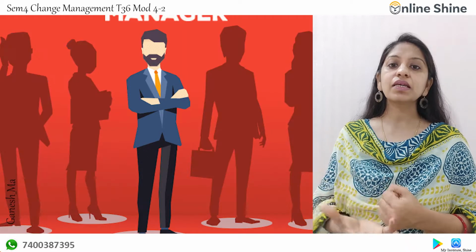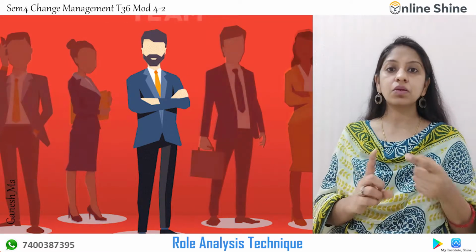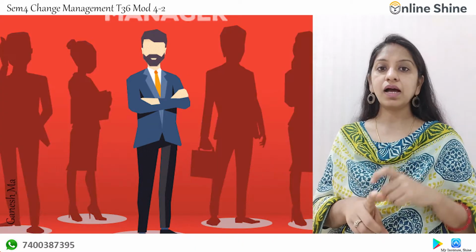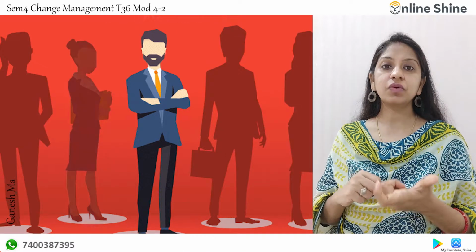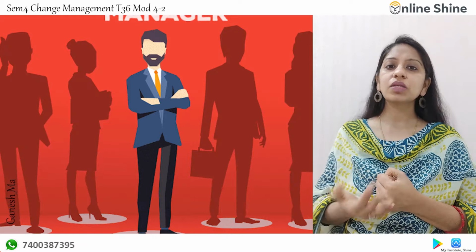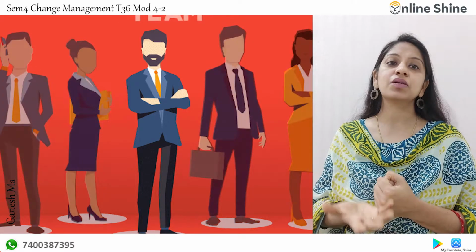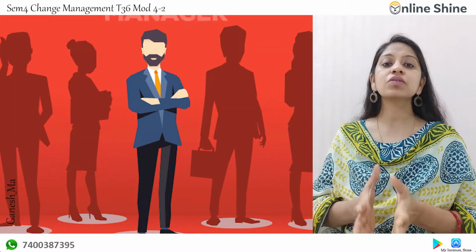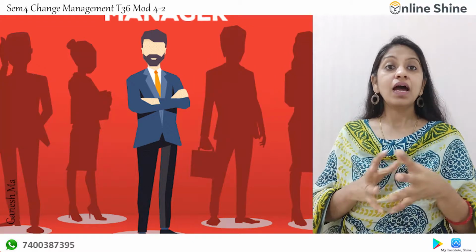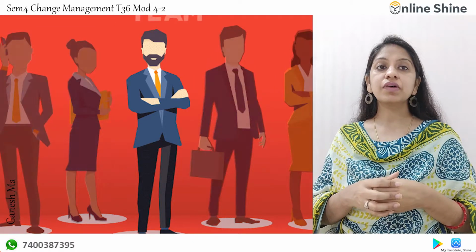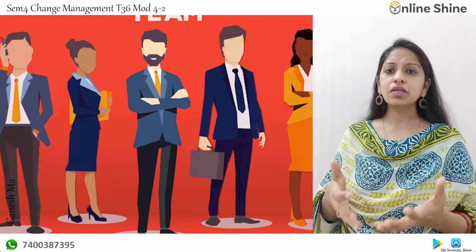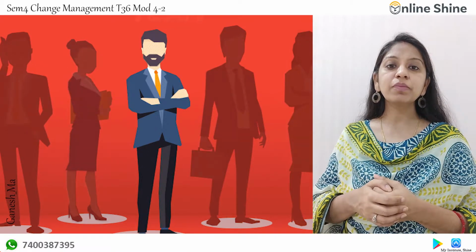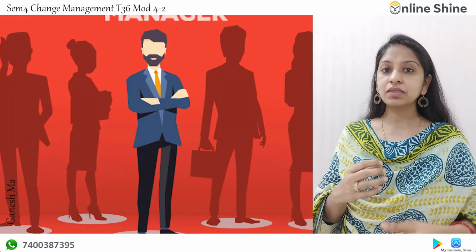Now the next technique in OD intervention is the role analysis technique, RAT. In this technique we'll first understand what a role is. So what is a role? Role is the position occupied by an individual in a social system, as defined by the function one performs in response to the expectation. For example, we watch a movie, so in the movie there is an actor, there is an actress,